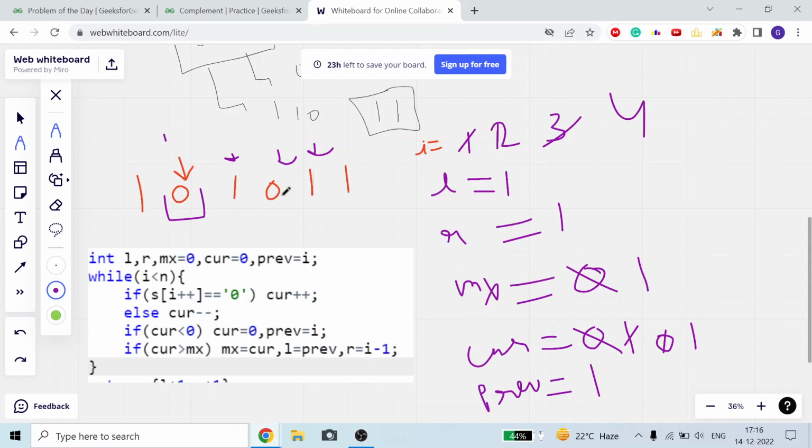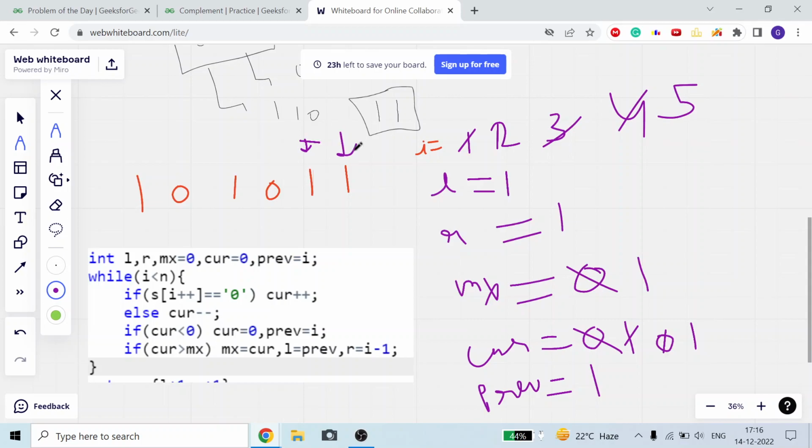Now 0 1 2 3 4. Now we are at this one, I just removed all the other numbers. We are currently at 0 1 2 3 4, here. Okay, we already took this, so we are at 5.